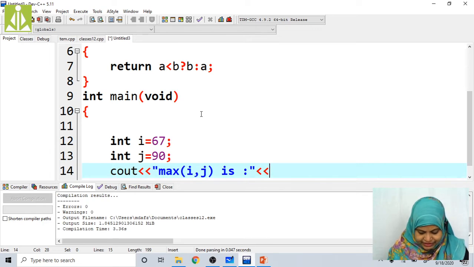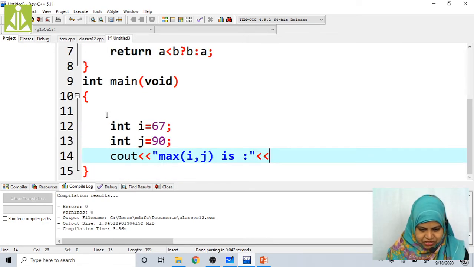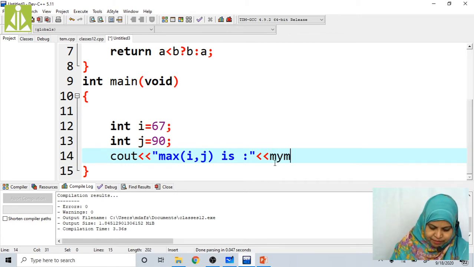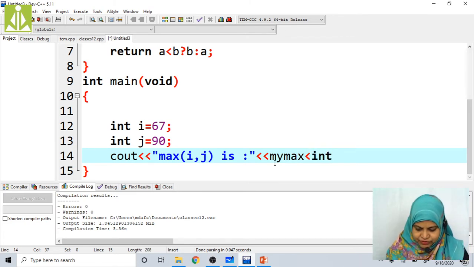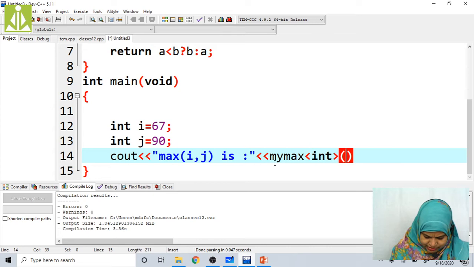Here what do we have to call? We have to call this my max function. My max. What type of value are we passing here? Integer values. So int, and the values are i comma j.